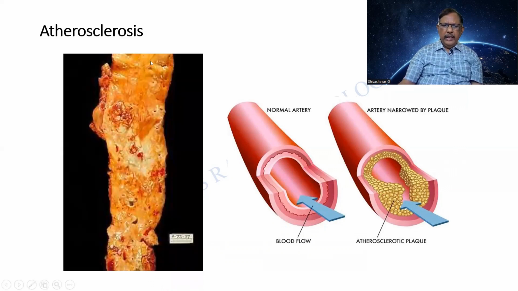And this is an advanced and complicated atherosclerosis of the aorta. These are all holes called the ostia for the blood vessels. That is how I identify the aorta. But then there is not only thickening, I find that there are areas of hemorrhage. So the complication can be occlusion, thrombosis, embolism.